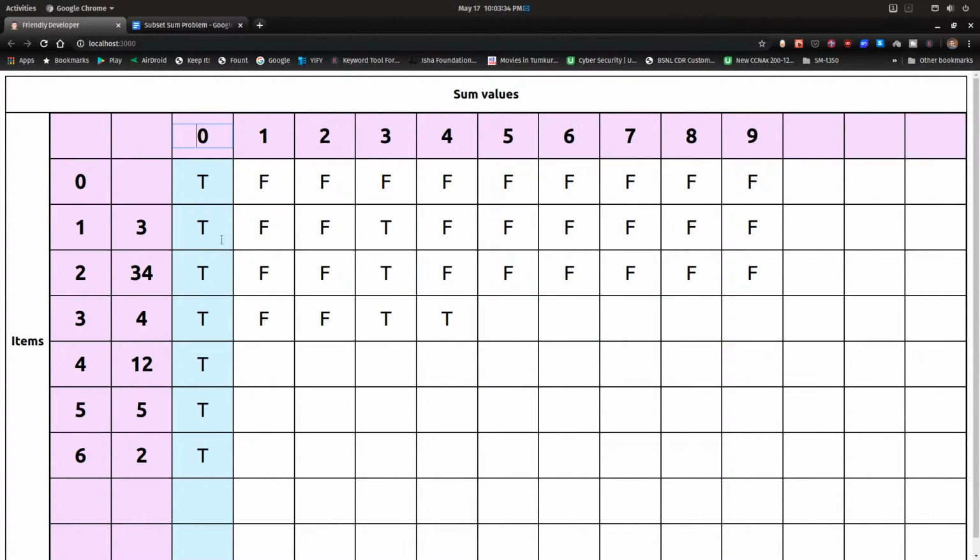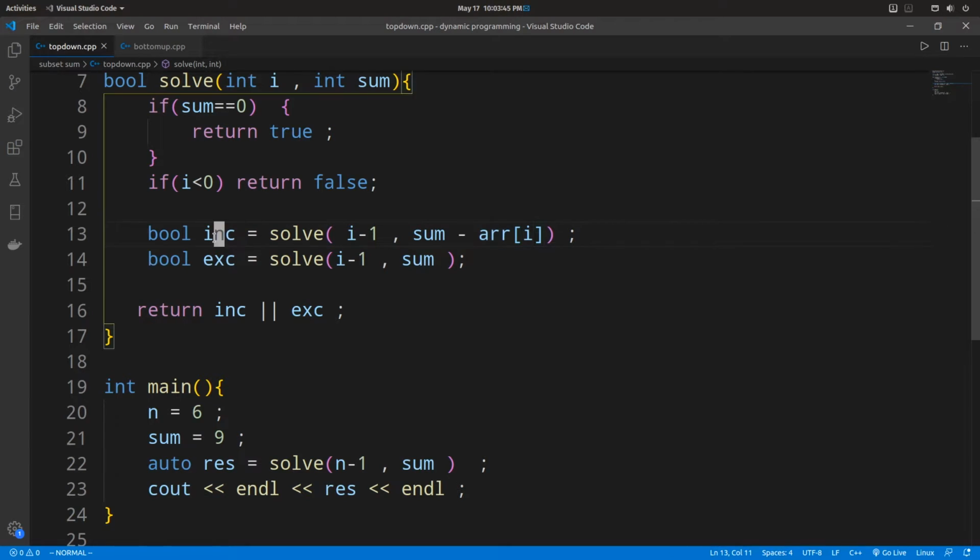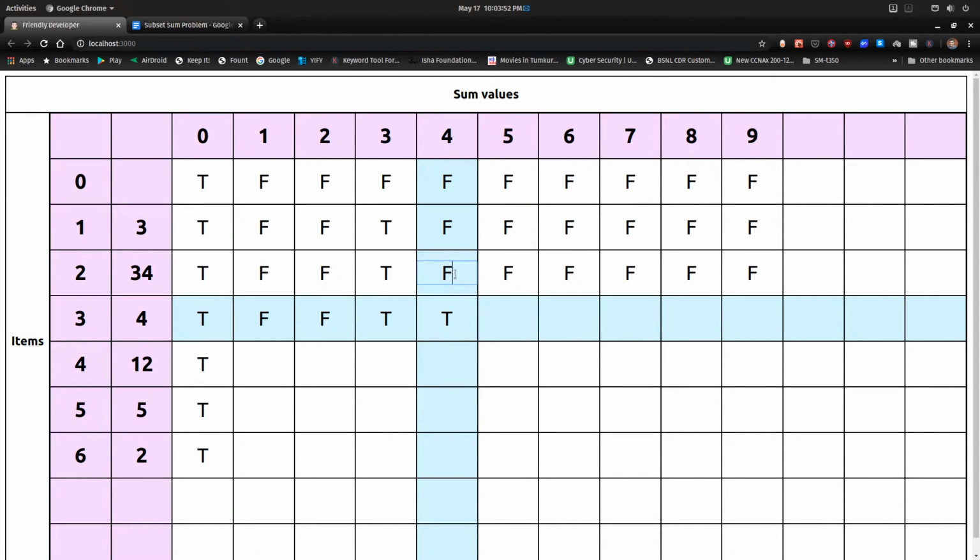So if you look at this column and this row, that is the previous row, out of the remaining elements 3 and 34, was there a subset? Yes, there was a subset. So what are we doing? Our include is true, our exclude is false. We are just taking a binary OR, right? So OR of false and true is true. That's how we can write true. We are already beginning to see a pattern. This is wonderful. Okay, now coming to the next element onwards, we can't make 5 because by excluding 4, we could not make it.